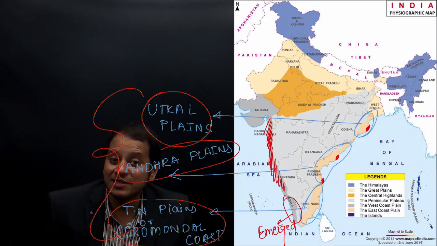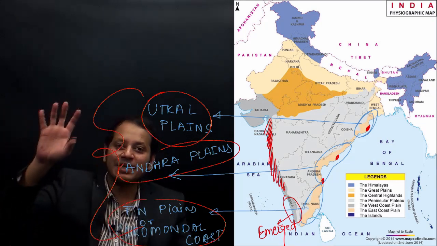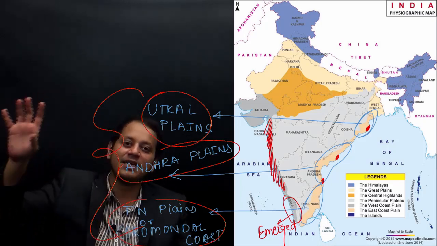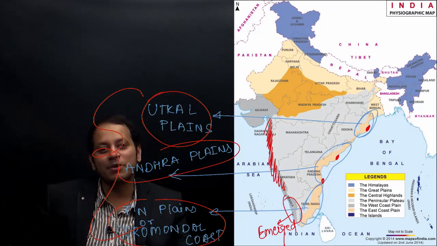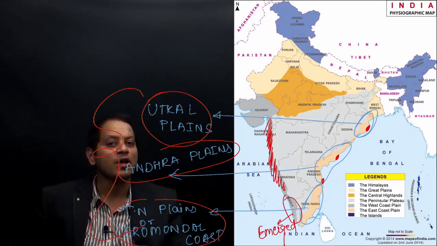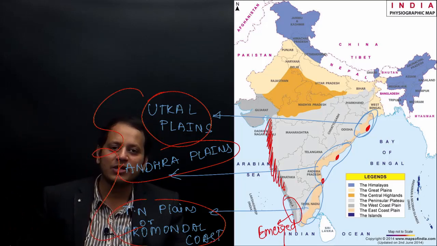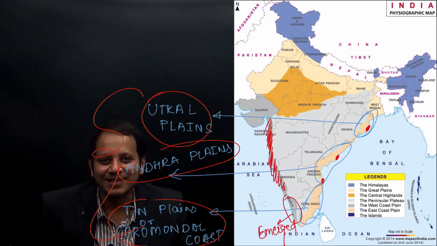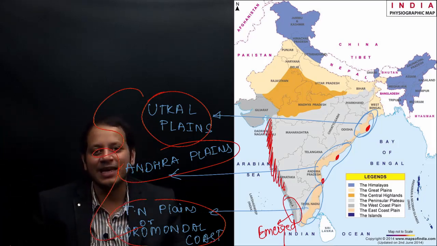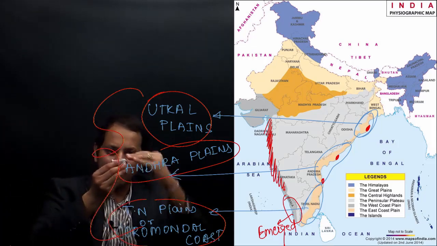While on the western side, why Malabar plains? If the question comes in examination, why the Kerala region or the plains in Kerala or the Malabar coastline has a lagoon? Because it is an example of an emerged coastline. Or why the Konkan coast or the Canara coast does not have a lagoon? Because it is an example of a submerged coastline. Lagoon means a lake between sea and a land. When will there be a lake? If this is a land which is below the sea.